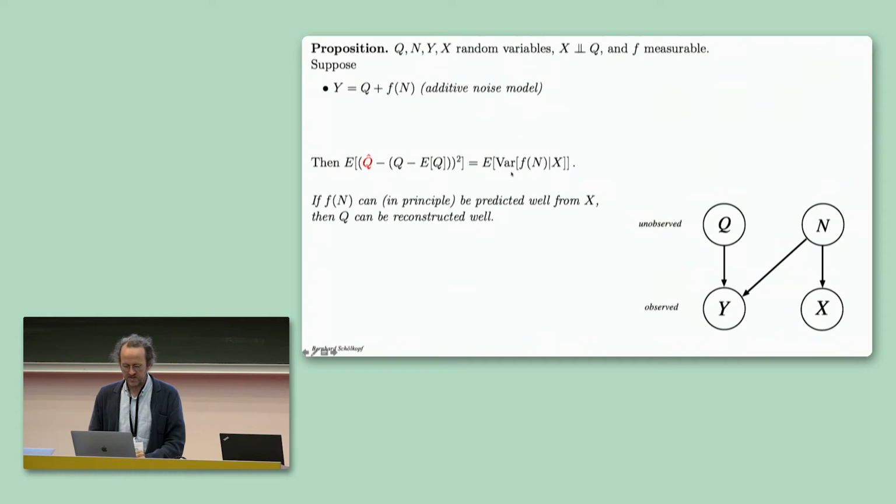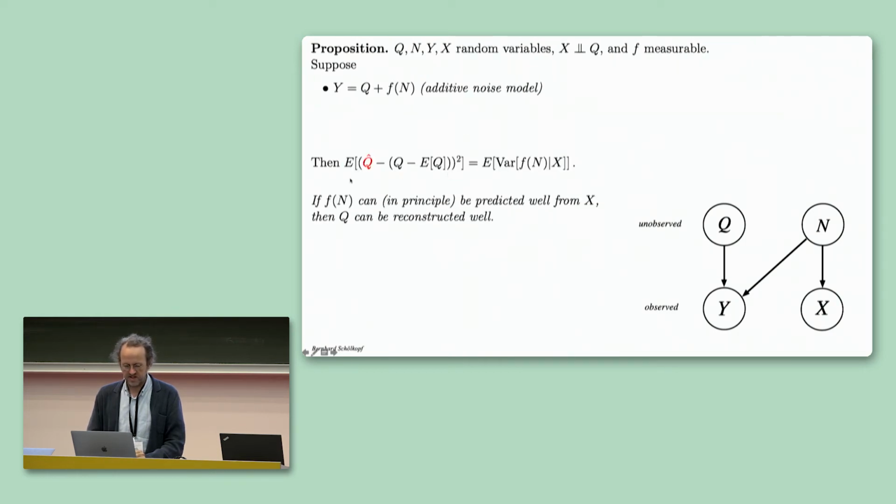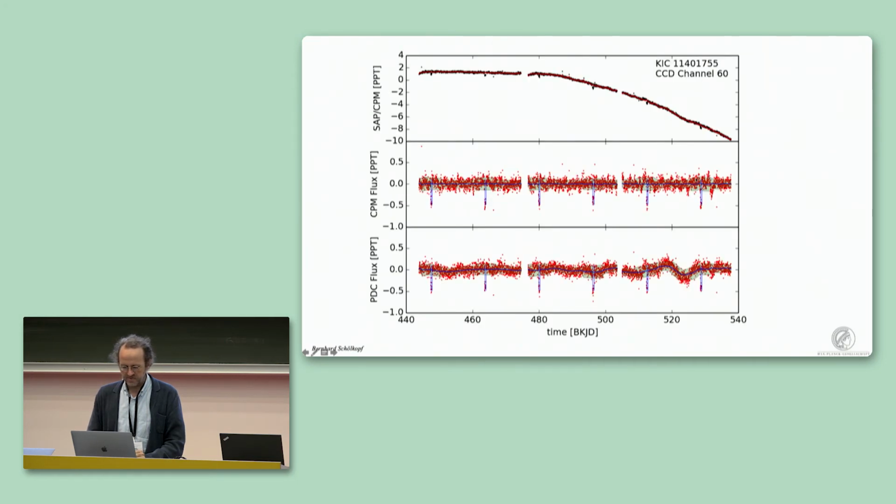We can also generalize it to a setting where we delete this assumption, then we get a slightly weaker statement. Anyway, if we do this, we can take the original light curves and we process them to get this kind of thing where we nicely see these little transits, and it looks much nicer than what the astronomers using their traditional methods got before. And so that was all nice. We did that a few years ago.